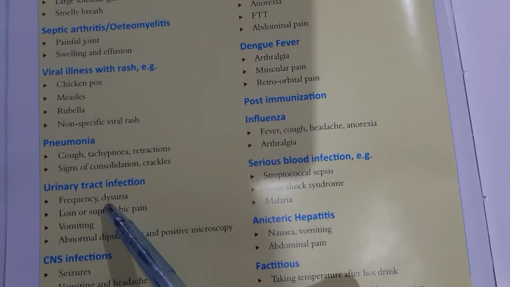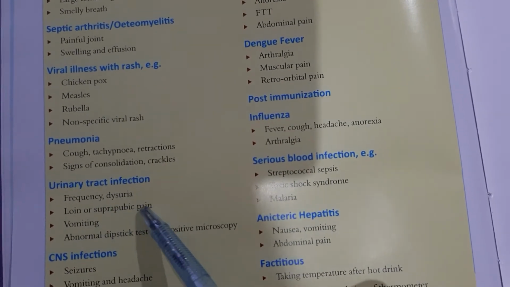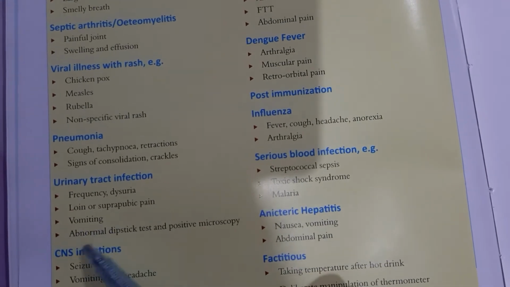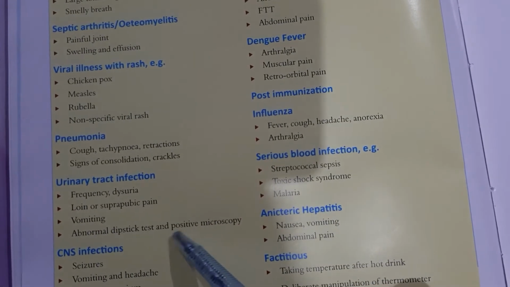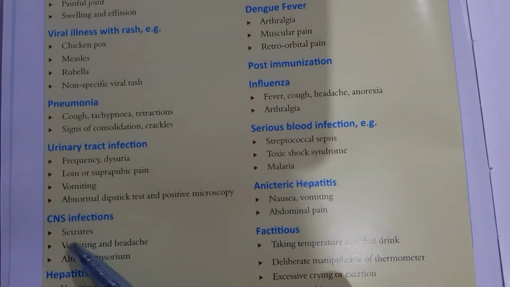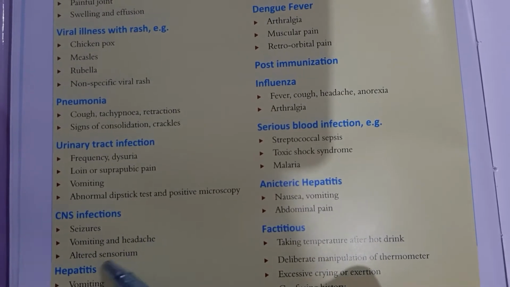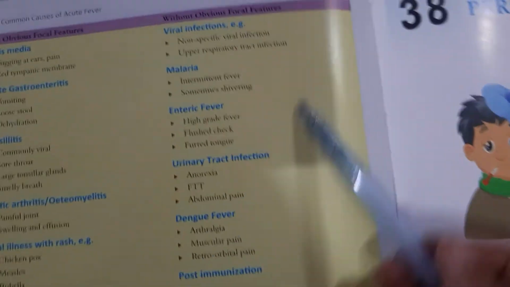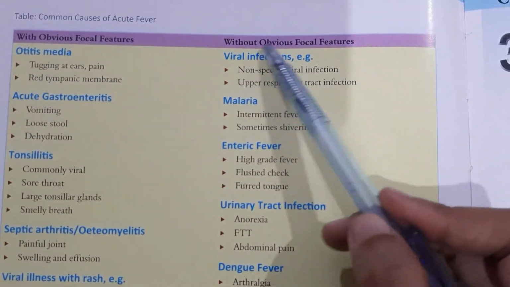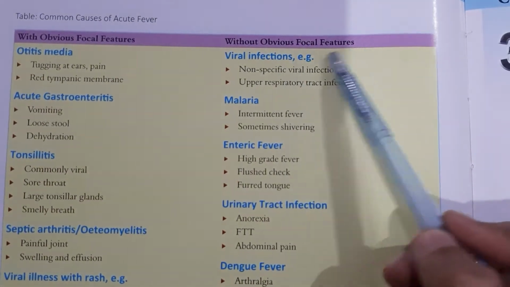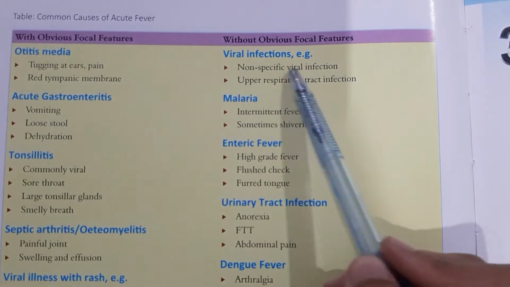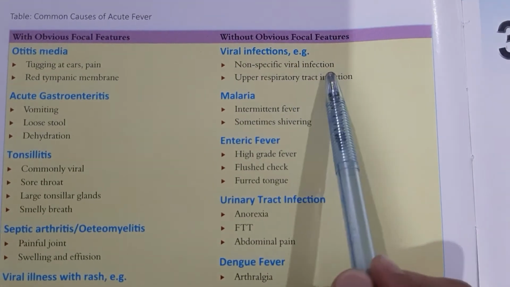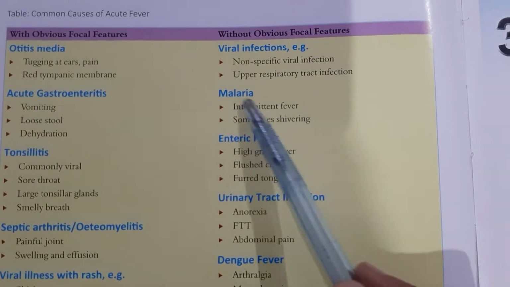In UTI, frequency, dysuria, loin or suprapubic pain, vomiting, abnormal dipstick test, and positive microscopy. CNS infection, seizures, vomiting and headache, and altered sensorium. Hepatitis, vomiting, abdominal pain, and jaundice. And causes without obvious focal features include viral infection, for example, non-specific viral infection, upper respiratory tract infection, malaria with